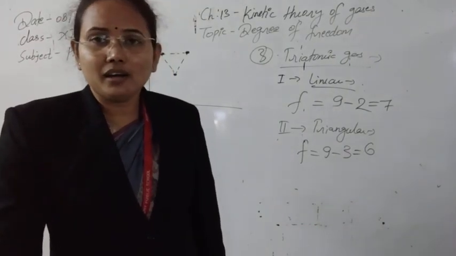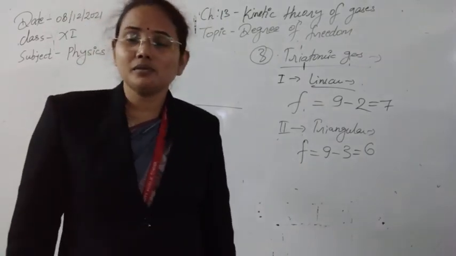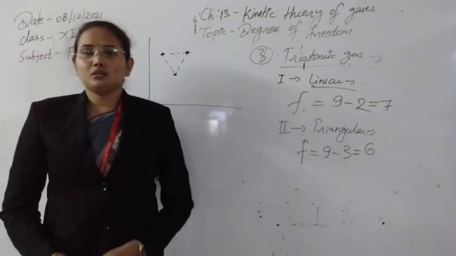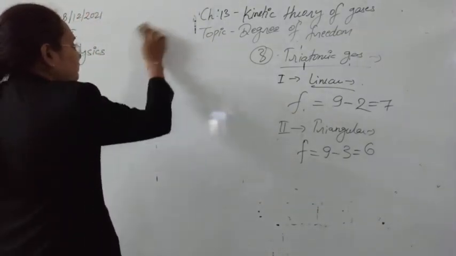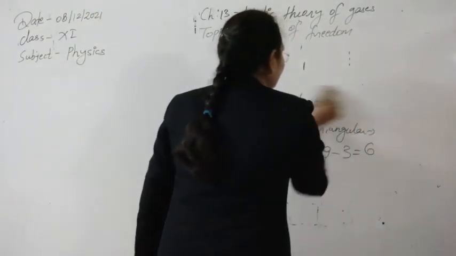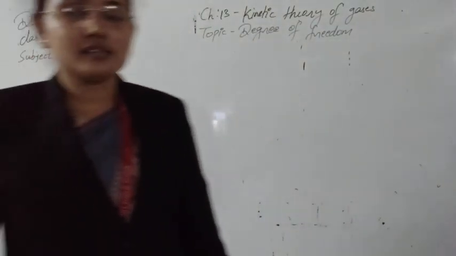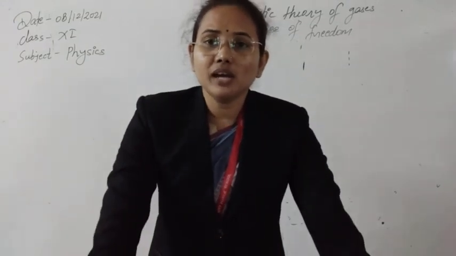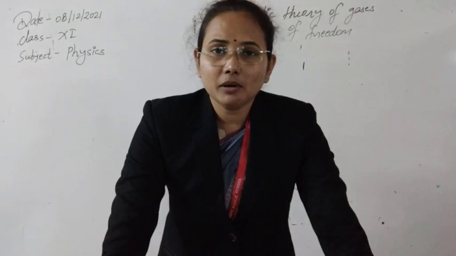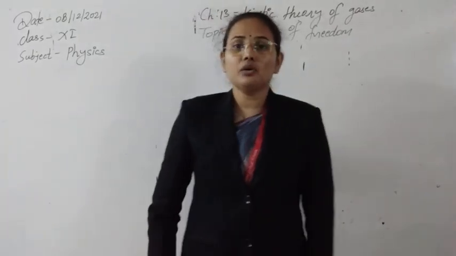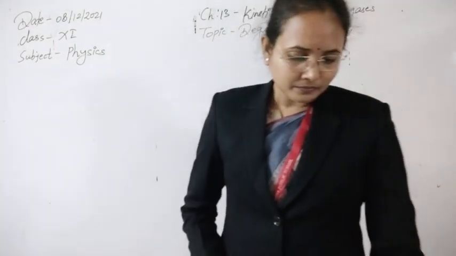Similarly, you can also find out for polyatomic gases, like for 4 atoms, for 5 atoms, you can do by yourself by the same procedure. So I think degrees of freedom are very important for understanding the specification of the gaseous system, meaning how many coordinates we need first of all for their location, because whenever you have information about the position, you can have information about velocity as well as acceleration, force and all other factors.